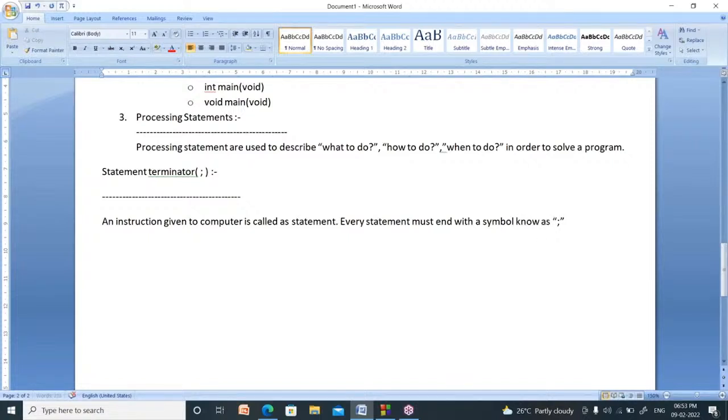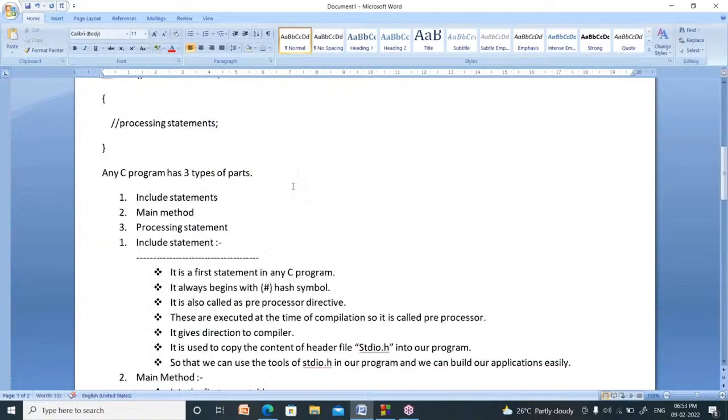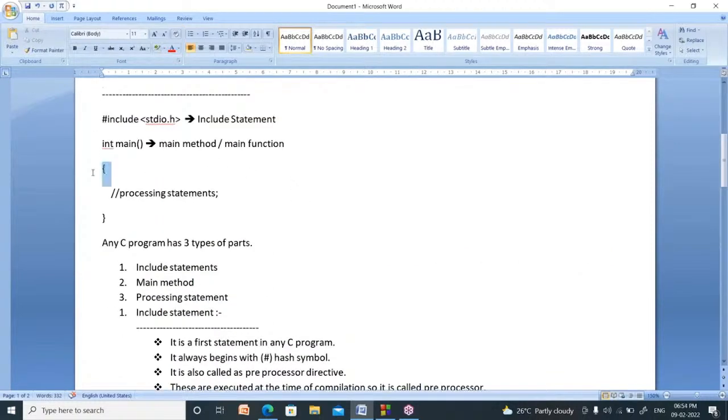What is the name of the semicolon? Statement terminator. You have to remember this name. In an interview they will ask what is the name of this semicolon. It is not just semicolon. Actually it is a statement terminator. You have to remember that name. Right. Now in every C program you use this symbol, this one.